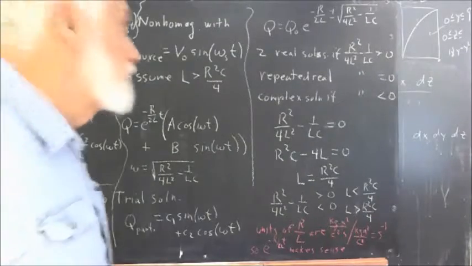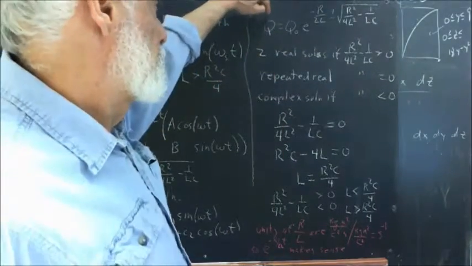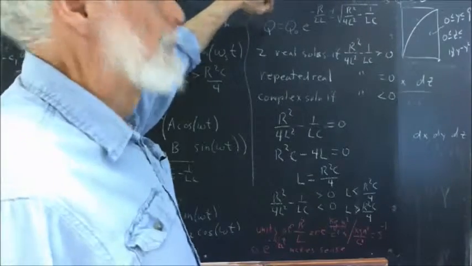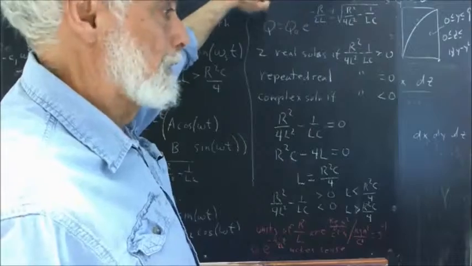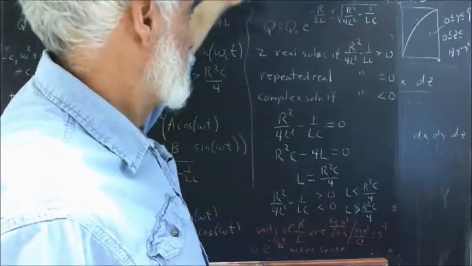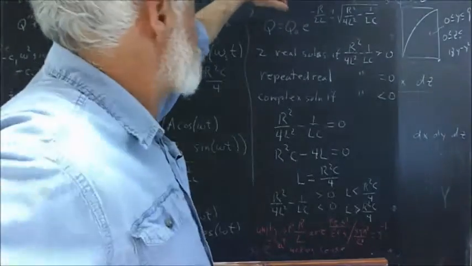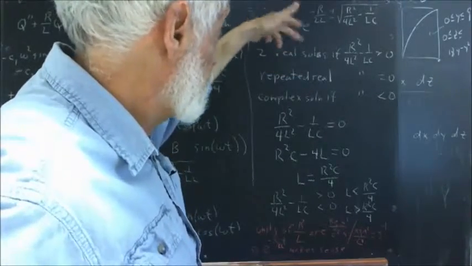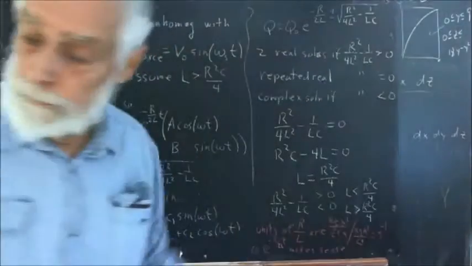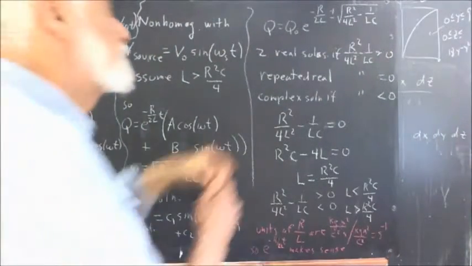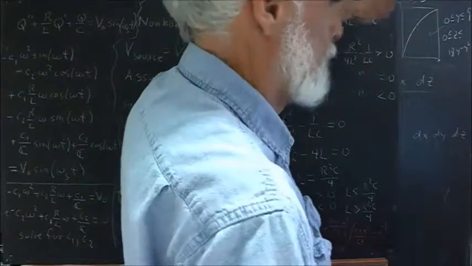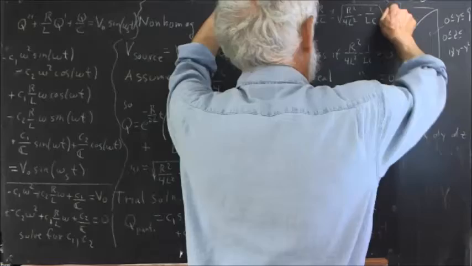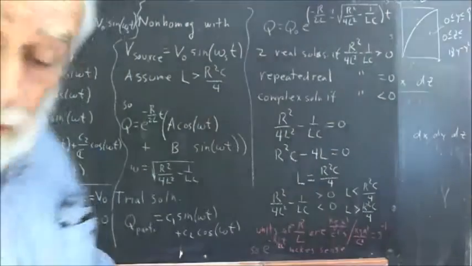So now it's easily seen that your Q, the charge on the capacitor, whose derivative is the current, whose second derivative is what drives the voltage of the inductor, is equal to some Q naught, we'll say. We could use any constant here. I just used Q naught, times e raised to, well, it's e to the mt. M is this, and we probably ought to multiply that by t, which I apparently neglected to do while I